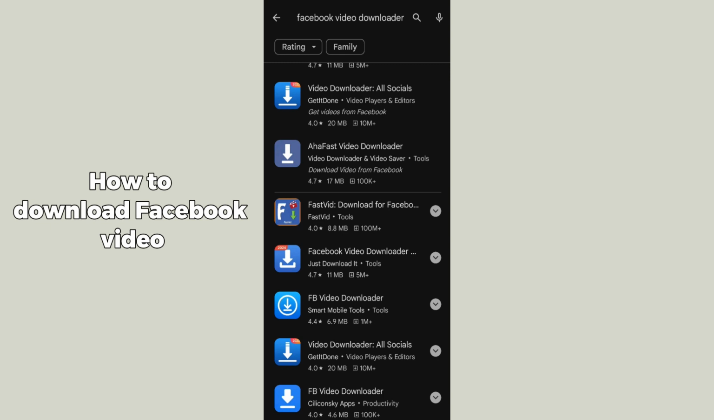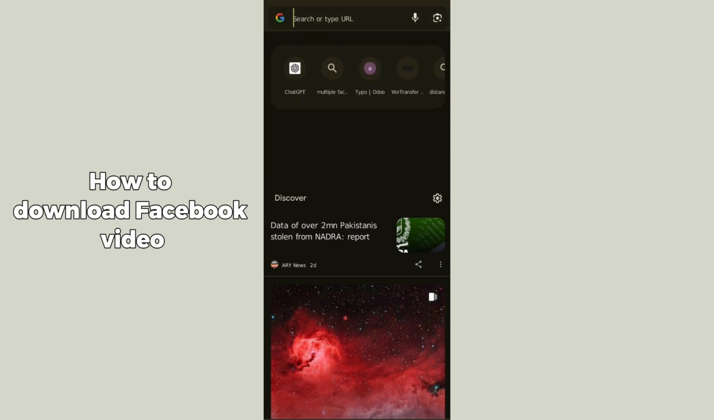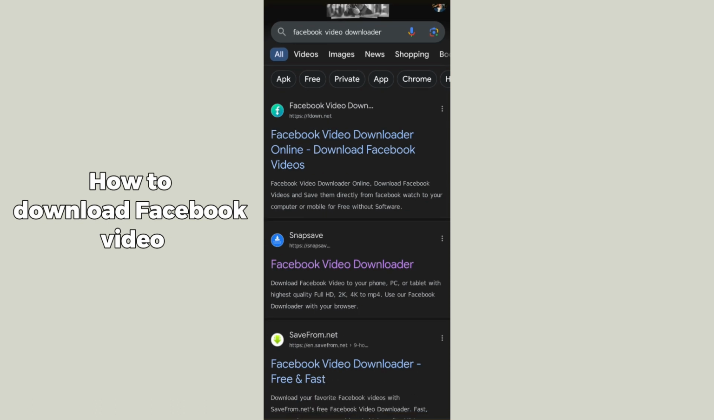But I'm gonna tell you another easy method. If you want to avoid downloading an application, simply head over to the browser. After opening any of your browsers, search for Facebook Video Downloader. It will provide you lots of websites. You can open up any of the websites, but I'll suggest you open up the